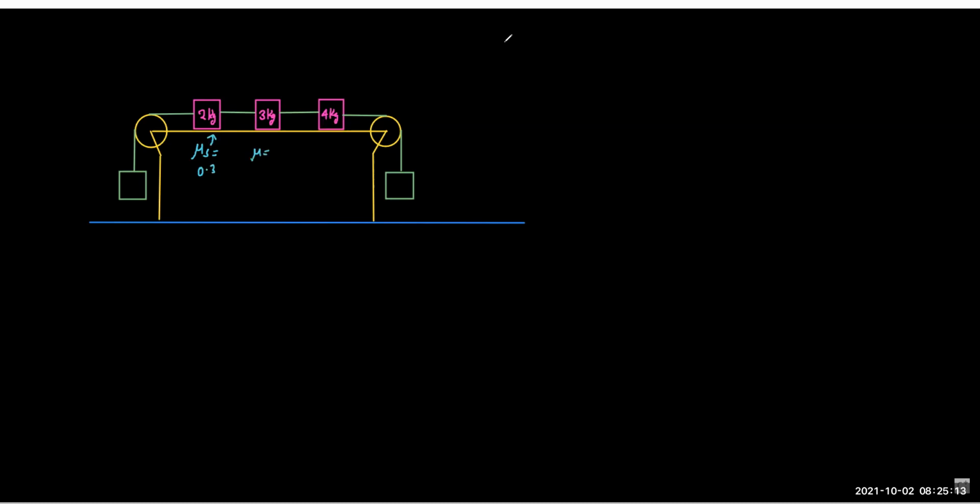No need to write mu s, just write mu. So we want to take the same value for mu k. The mu for this is 0.2, and the mu for this is